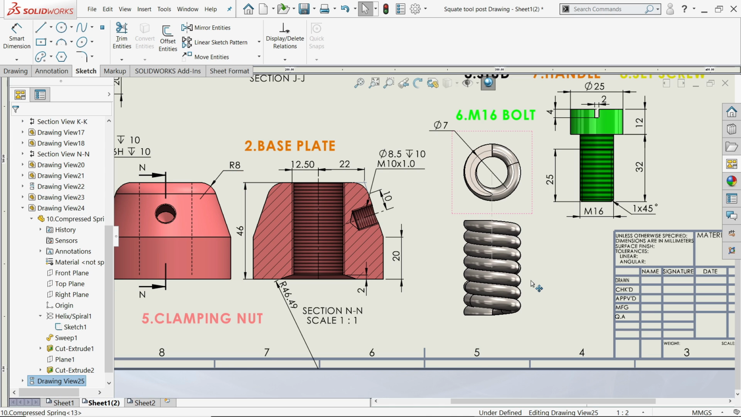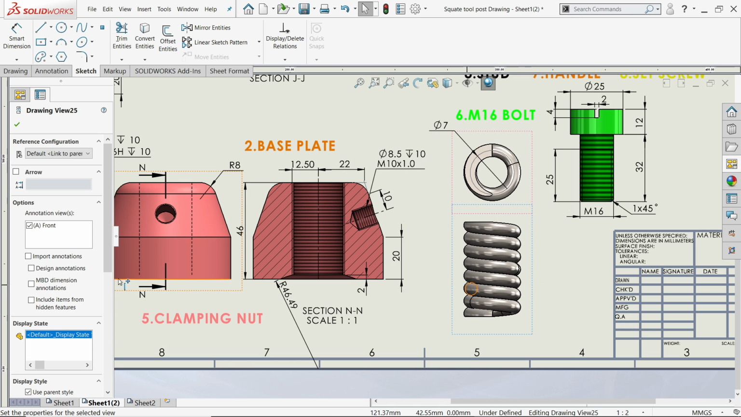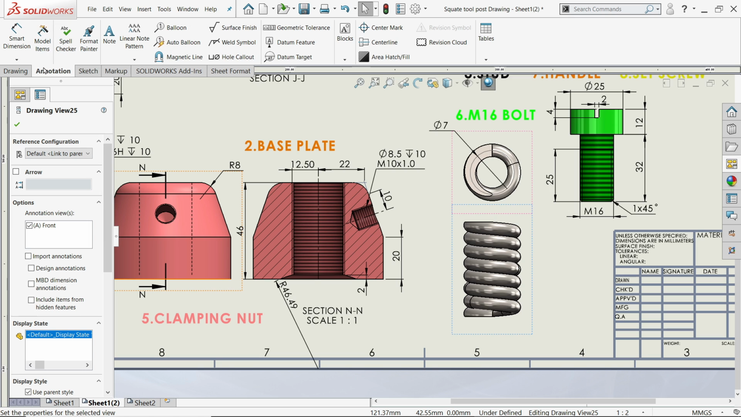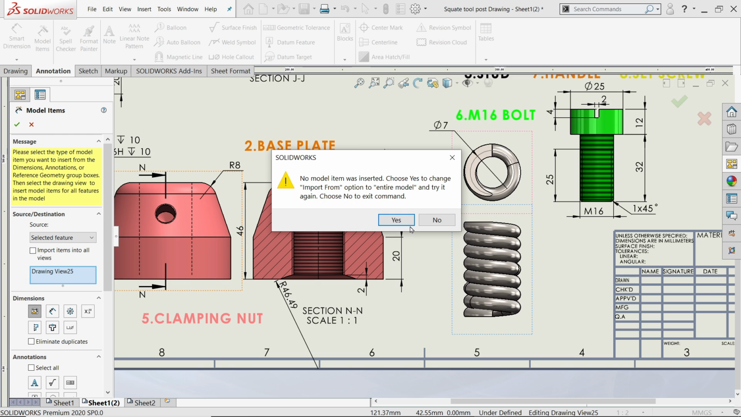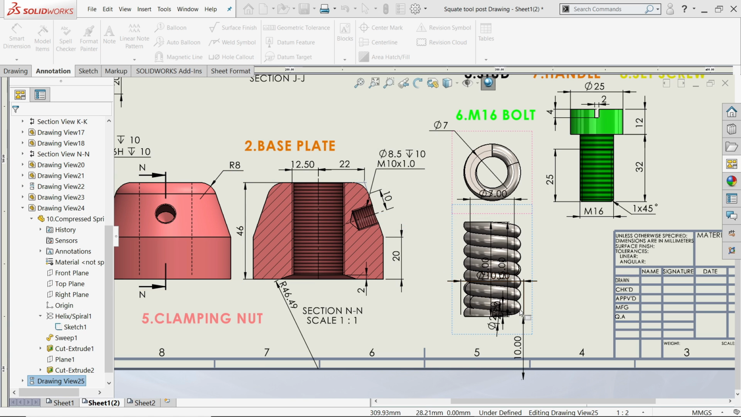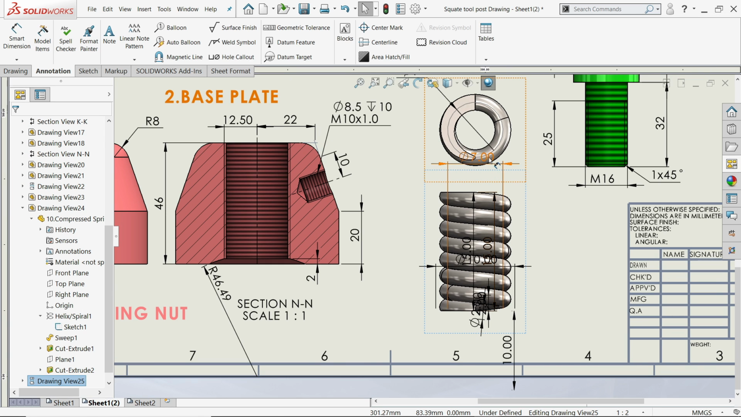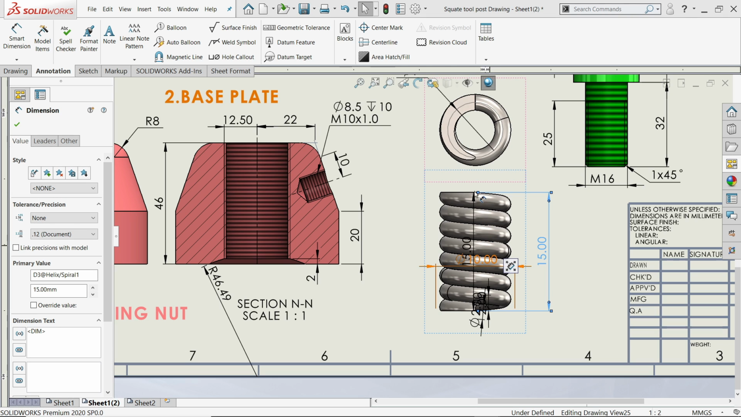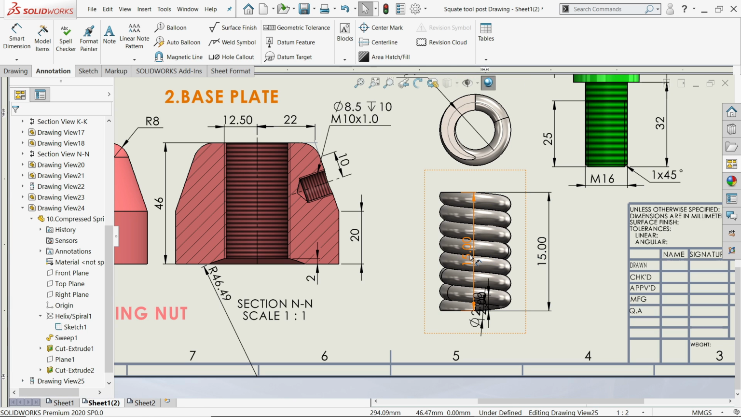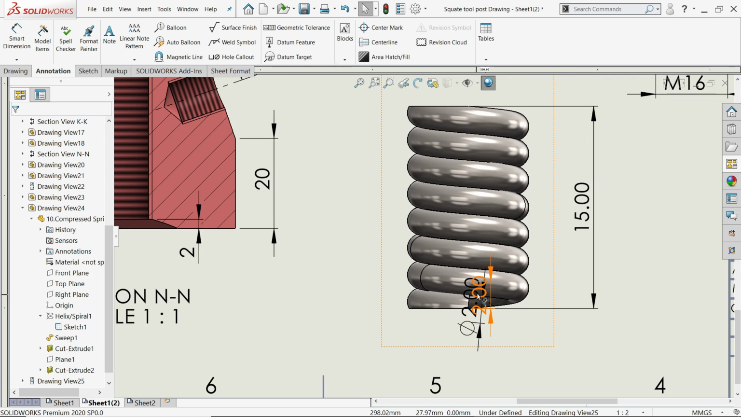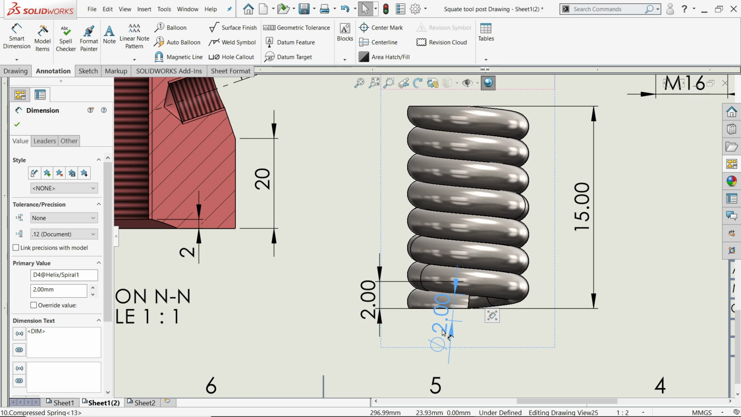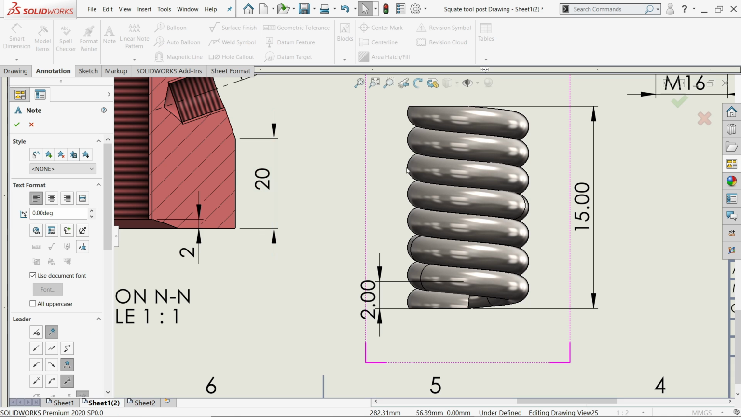Now let's check this one. What kind of dimensions are available here? So I'll directly go to model. Okay, yes, and we found here too many dimensions. So let's delete what unnecessary dimensions are there. This is an important dimension. This is the pitch, it is important, and this is the diameter. So diameter, even though you can define it manually,